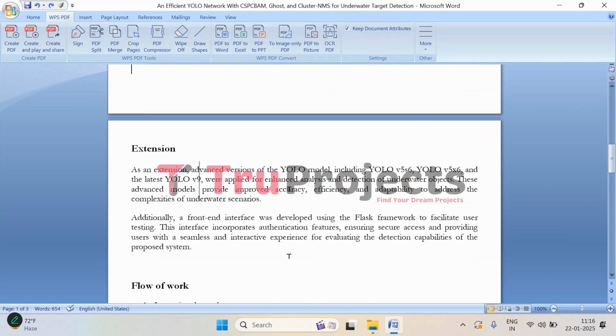Moving on to the extension, to further improve the accuracy of this project, we are incorporating advanced versions of YOLO, which are YOLO V5S6, YOLO V5X6, and even the latest version, YOLO V9. These versions are like the upgraded tools in the toolbox. They are better at detecting and handling the challenges of underwater environments like blurry images or overlapping objects. They not only improve the accuracy but also work more efficiently, which is super useful when you are dealing with